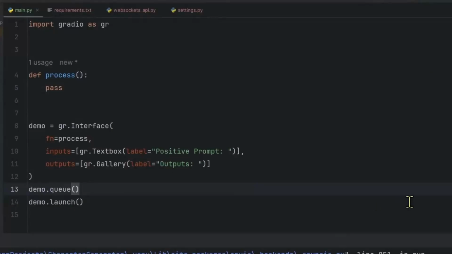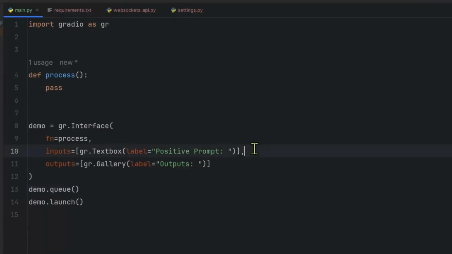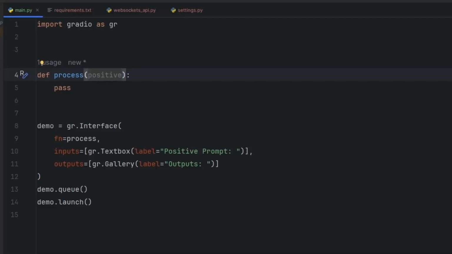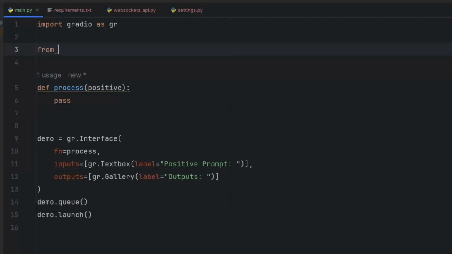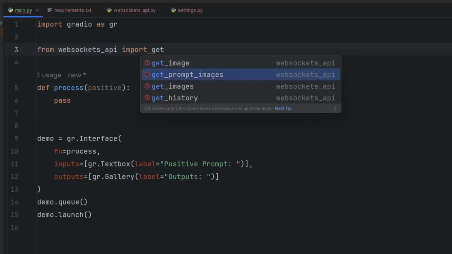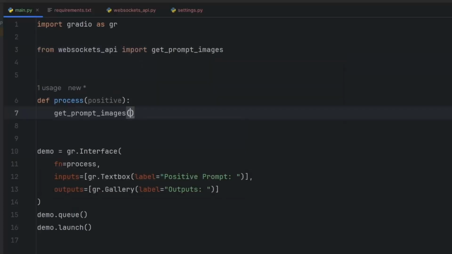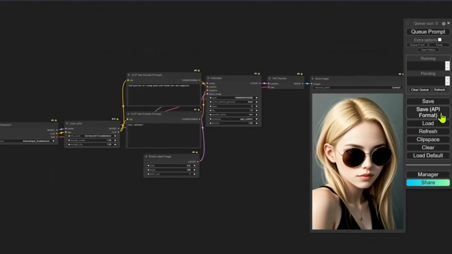So let's go back into the Gradio application, into the main.py. And because we are passing this input positive prompt here, our process function will also need to get a parameter there. I'm just going to call this parameter positive, and this is going to be the positive prompt. At the top, we are going to say from websockets_api import, and then we'll say get_prompt_images. So let's call this. Now this one requires a prompt, and this prompt is basically the API file that we've